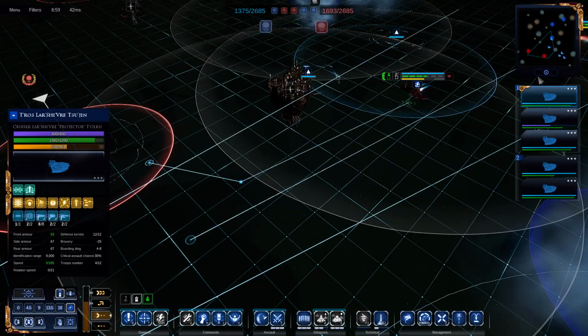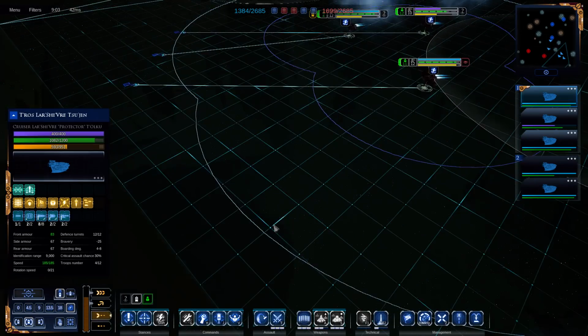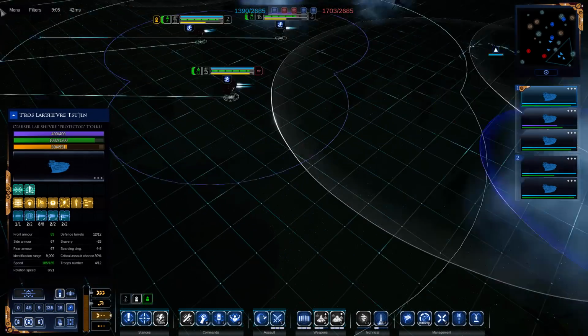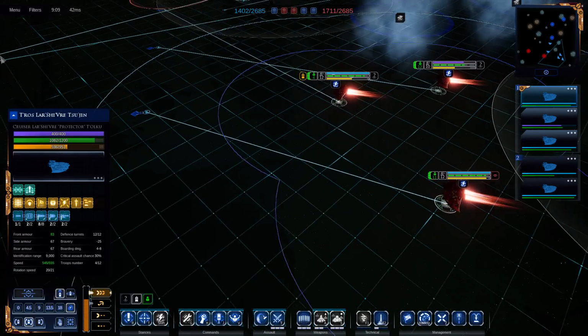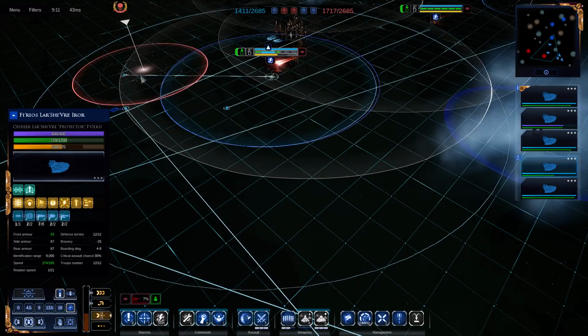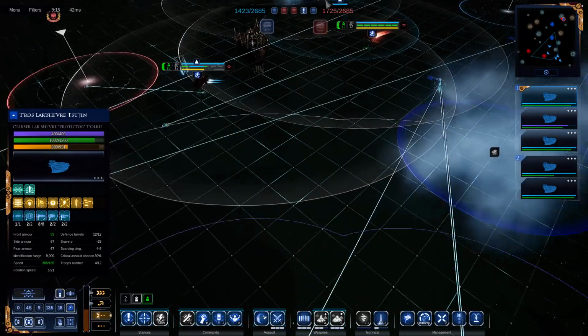I kind of was not paying attention that much, but we have fighters to recall. Repair drone being spent. And my shields are basically about to recharge. It's going to be a bit annoying, which is why...